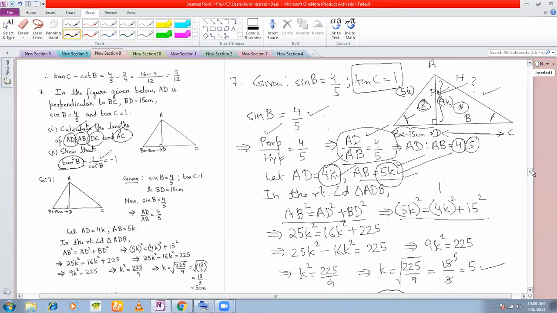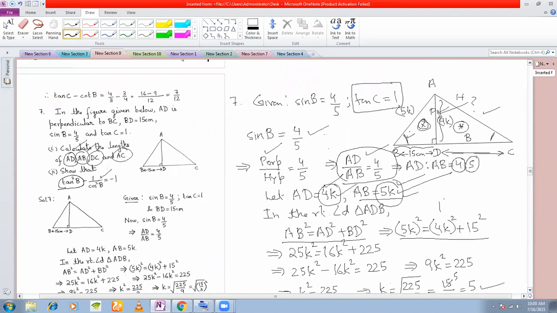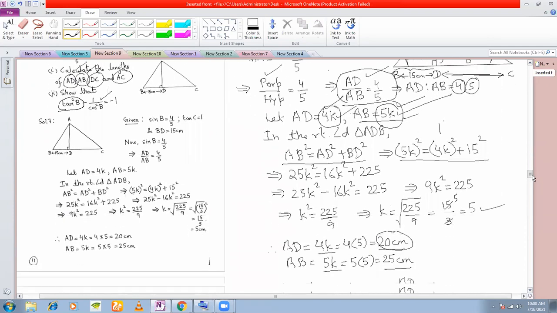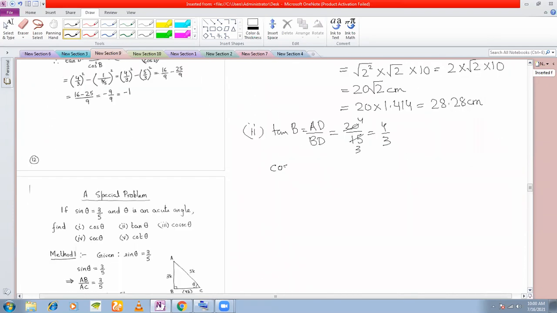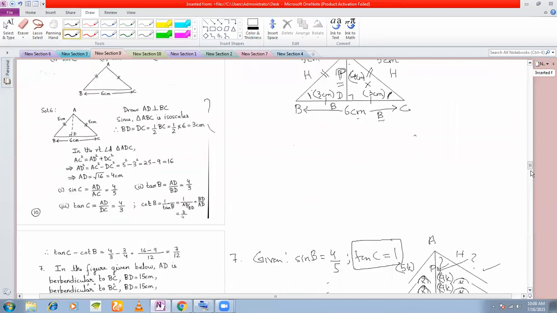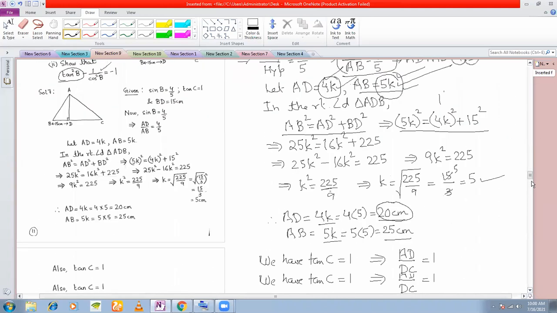Okay. So cos square B, how do we calculate cos B? Same right angle triangle, base by hypotenuse. Here, if you see in triangle ABD, which one is the base? Base is BD and hypotenuse is AB. So cos B is equal to base by hypotenuse. I forgot to write here, you can write here tan is equal to perpendicular by base. This is base by hypotenuse. Base here is BD and hypotenuse is AB.